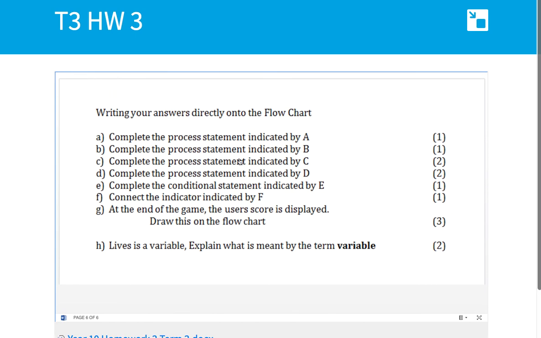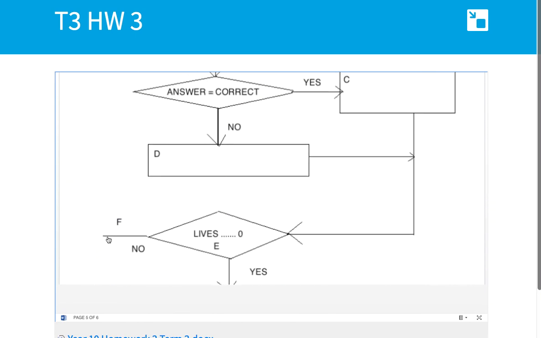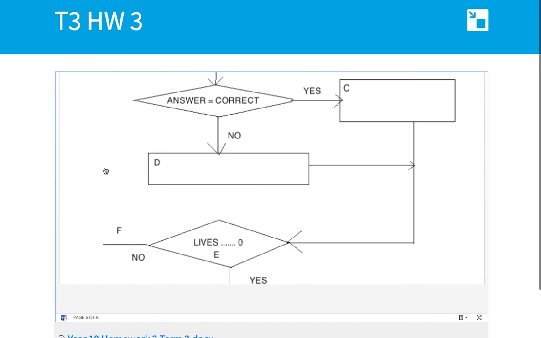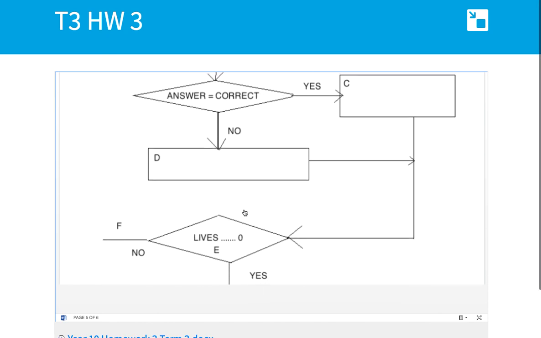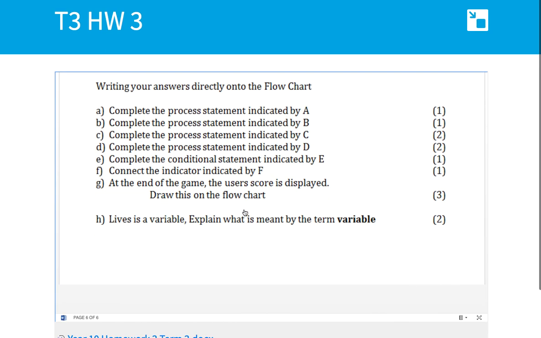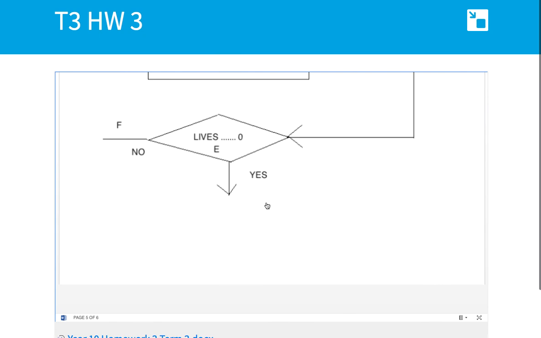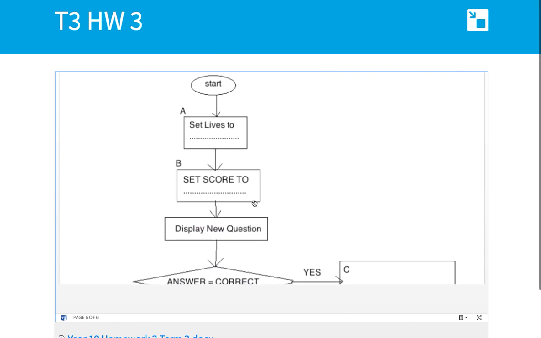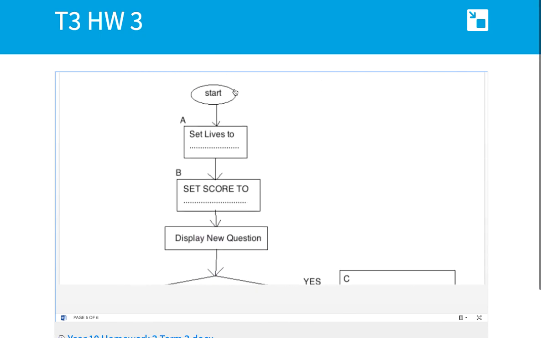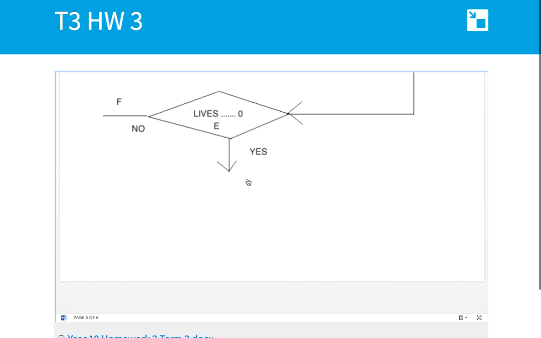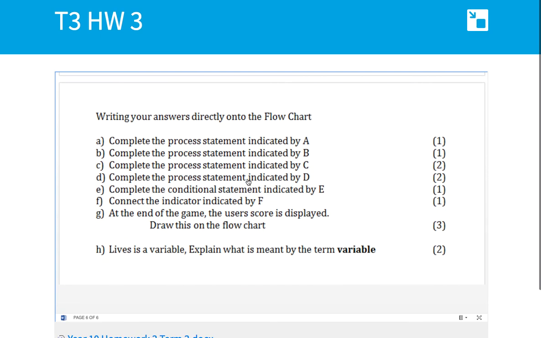Connect the indicator indicated by F, so you can see that this just runs out and stops. You need to figure out where that should go back and loop around in this game, so connect that up. And then at the end of the game, the user score is displayed. Draw this on the flowchart. Remembering at the end, we have something similar to the start, so don't forget the other parts that were required